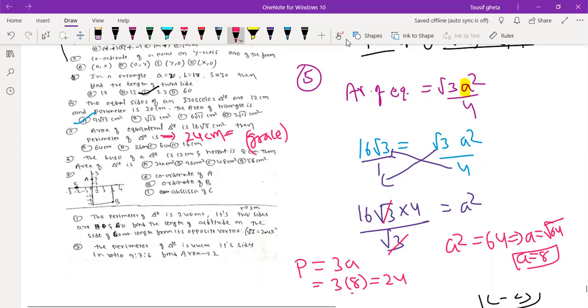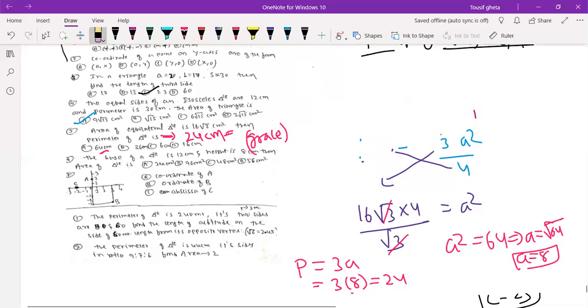Have we done a mistake anywhere? See, the formula is correct. The calculation looks perfect, so I don't think we have done a mistake. The options are not there. 64 actually. Okay, mistake, no problem. Leave it. Next question. Let me erase it again.